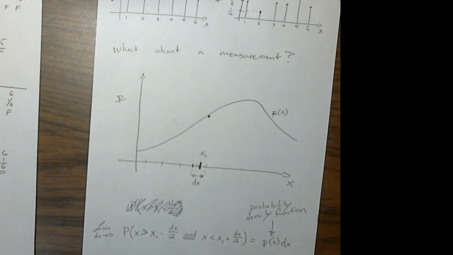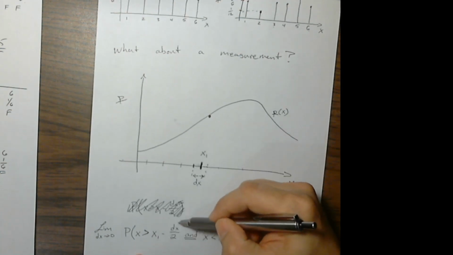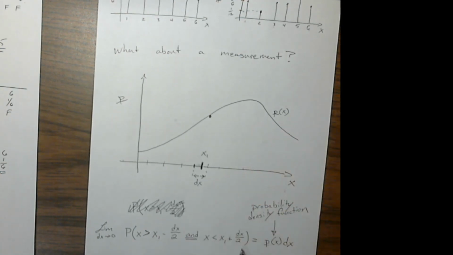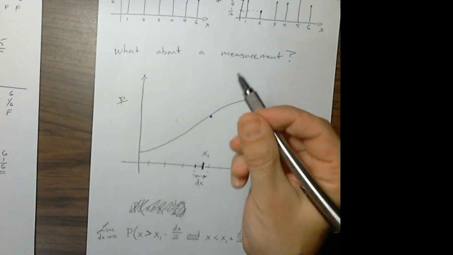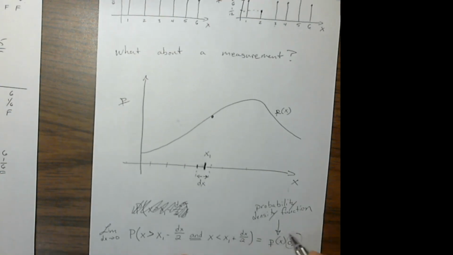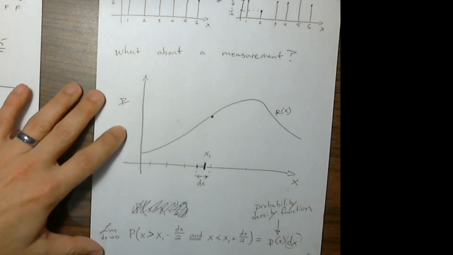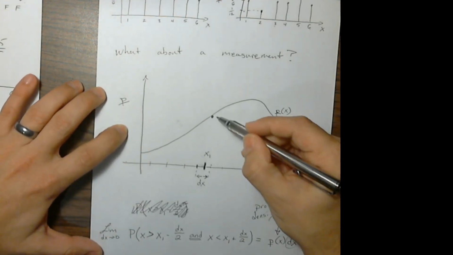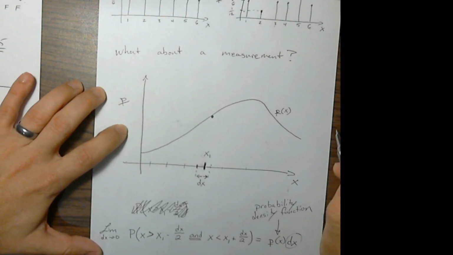So I forgot to multiply by dx there. Basically, as dx goes away to 0, so does the probability. Probability goes to 0. Not probability. The probability divided by dx. So this whole thing divided by dx does not go to 0. It converges, just like a derivative. In fact,